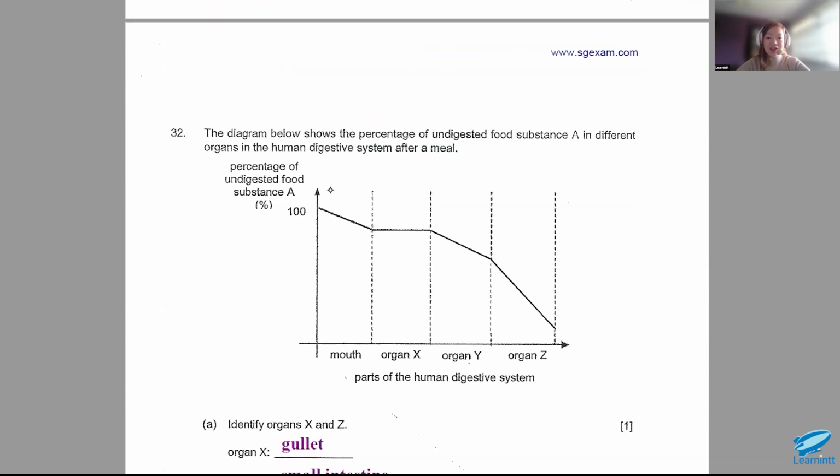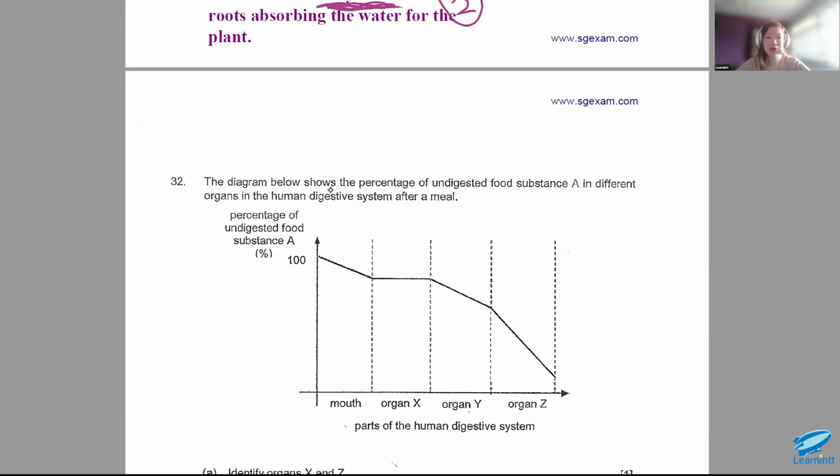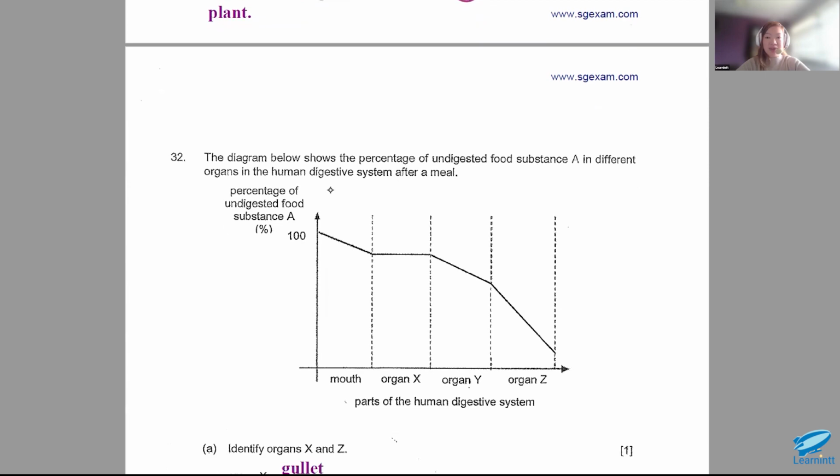Next, question 32. The diagram below shows the percentage of undigested food substance A in different organs in the human digestive system after a meal. So undigested food is the keyword here. So let's look at the graph. In the mouth, the percentage of undigested food dropped. Yes, because there is saliva. It will digest some of the food. In organ X, no change. It's the same because it is the gullet. In the gullet, no digestion takes place. It's just a movement of food from the mouth down the gullet to the next organ, which is organ Y,